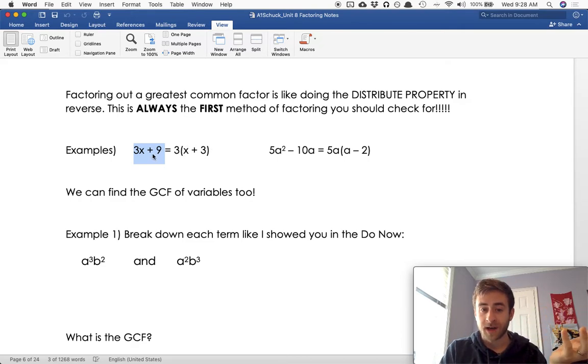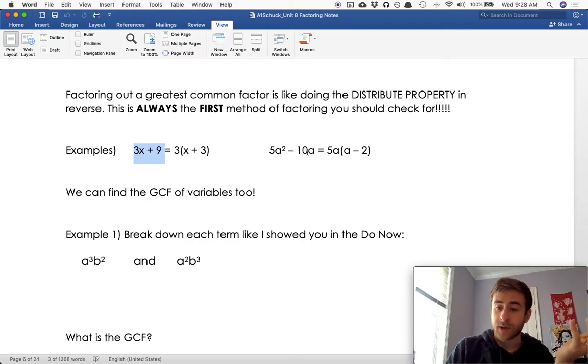That's how we're going to be able to check ourselves. And if you look, 3 times x, 3 times 3 would get me 3x plus 9. Similarly here, we have a 5a squared minus 10a. When we do the factoring, which we'll be learning in this video, you end up with 5a parentheses a minus